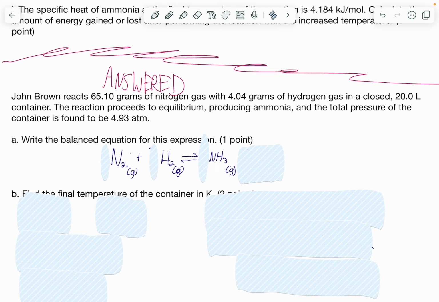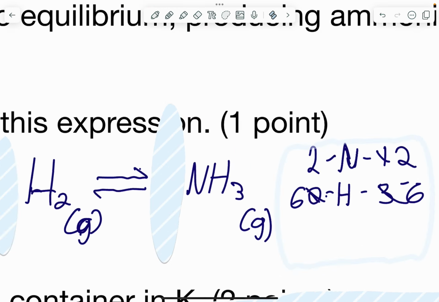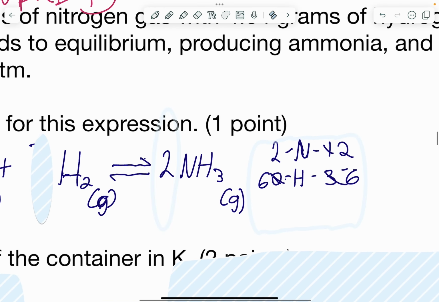So first, we must write the balanced equation for this reaction. We know that our reactants are N2, nitrogen gas, and hydrogen gas, H2, and that we will produce NH3, ammonia. Now we must figure out the coefficients. We start with 2 nitrogens on the reactant side, but only 1 on the products. And we have 2 hydrogens on the reactants versus 3 hydrogens on the products. So the first thing we will do is add a 2 in front of the